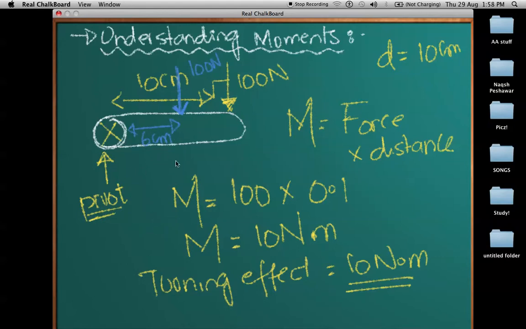Now if I find out the moment, it's simply force times distance. The force is the same, 100 times 6 centimeters, which is 0.06 meters. This becomes 6 Newton meters. Now you can see I was applying the same force, but the turning effect was lesser than earlier,